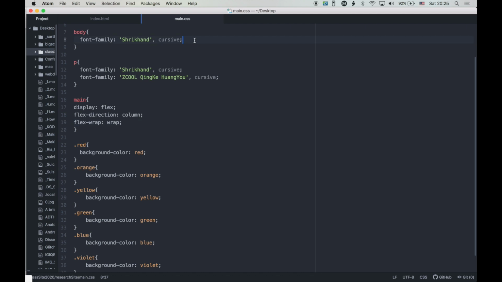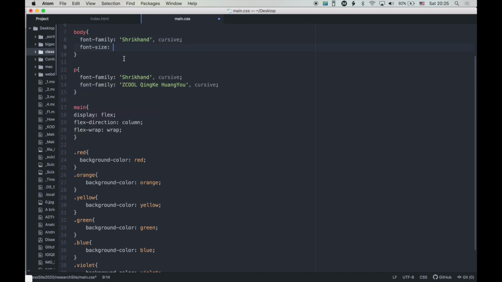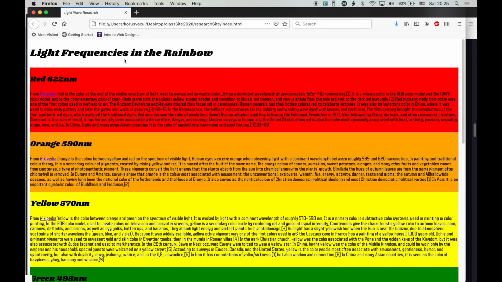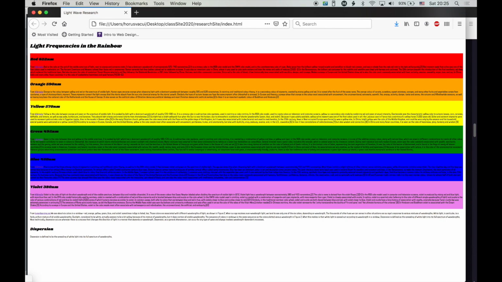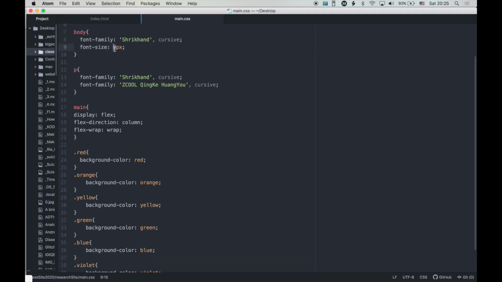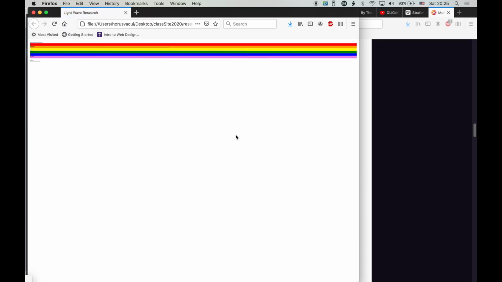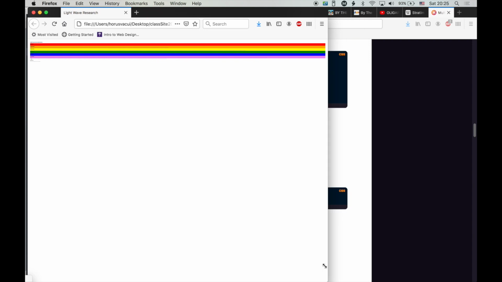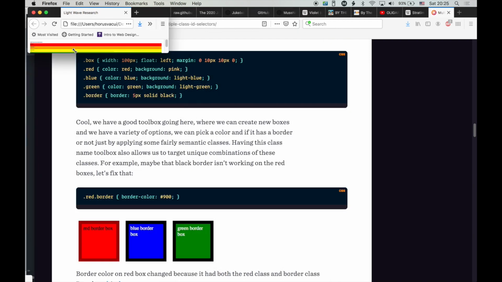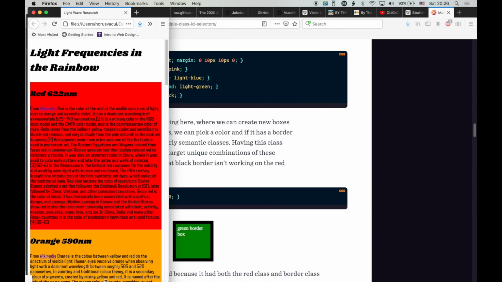So maybe I'm going to say font size, and just for the sake of making our text smaller, it's still very, very long. Can we do 1 pixel font? Is that even possible? Oh, it's still so long. It's just the longest. See, I feel like I can at least make them be